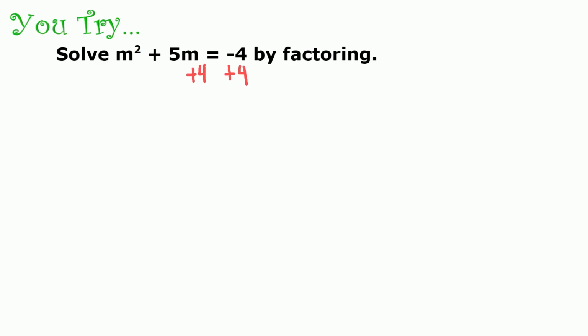Now the tricky part here is there's no number on this left-hand side, so this just gets tacked on to the end. My new trinomial is going to be m squared plus 5m plus 4 is equal to 0. Now, I have something that I'm able to work with. The factors are pretty apparent to me, but remember, if you're ever in doubt on how to get the factors,